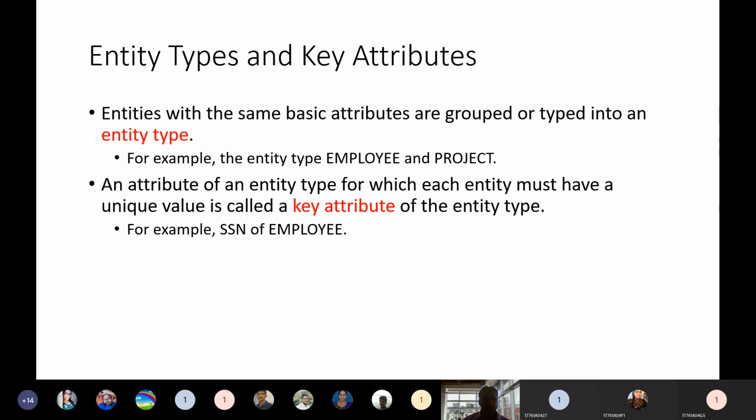One is the primary key, another is the foreign key. We will see what primary key and foreign key are in the third unit, maybe in this unit also. So SSN, employee ID and roll number are all examples: for student, roll number, and for employee, employee ID or here SSN. So that is about entity types and key attributes.